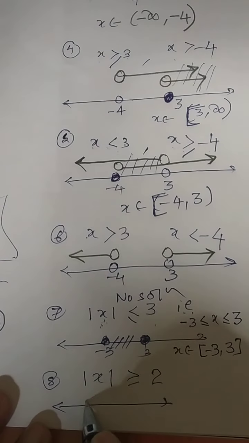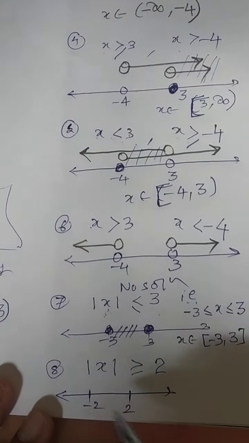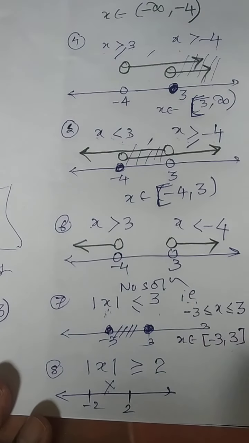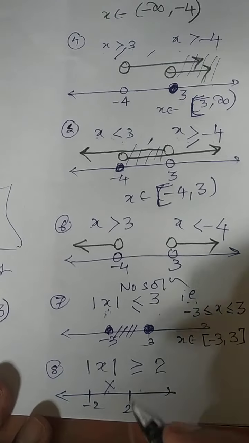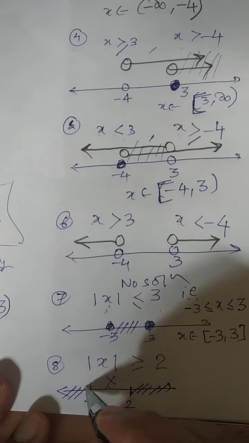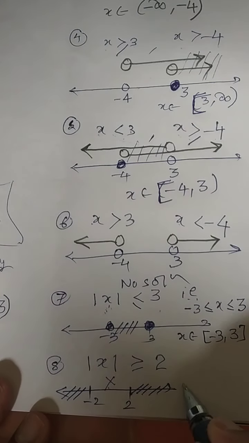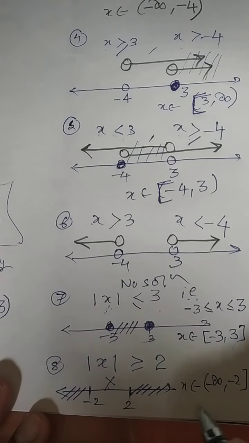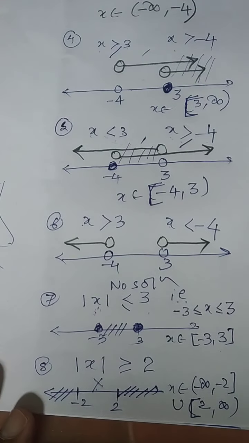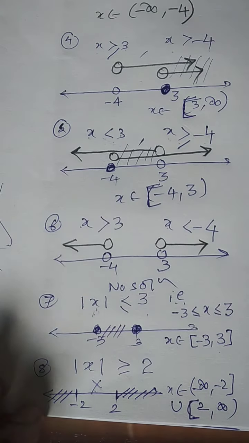And one more modulus concept here. Which numbers should I consider? Here minus 2 and over here 2. Can I take 0 here, will 0 satisfy? No, this is not satisfying. Can 3 be a number that will satisfy? So all these numbers will be satisfying. So this dark line is satisfying, over here also satisfying. What does it mean? Your x value will be nothing but minus infinity to minus 2 closed, union 2 to infinity, and 2 is also closed. So just keep this in mind to answer any question.